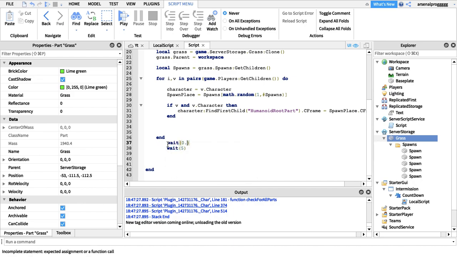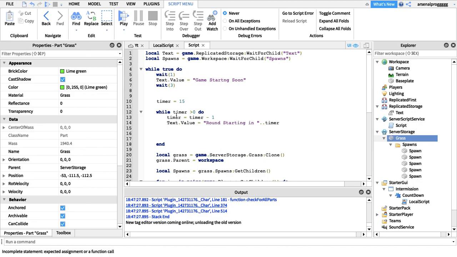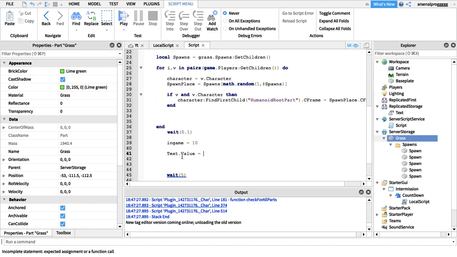When they've done that, we'll wait 0.1, and we'll do another in game equals 10, and we'll say text dot value. Hopefully we've been saying text dot value, have we? Yeah, we have text dot value equal,